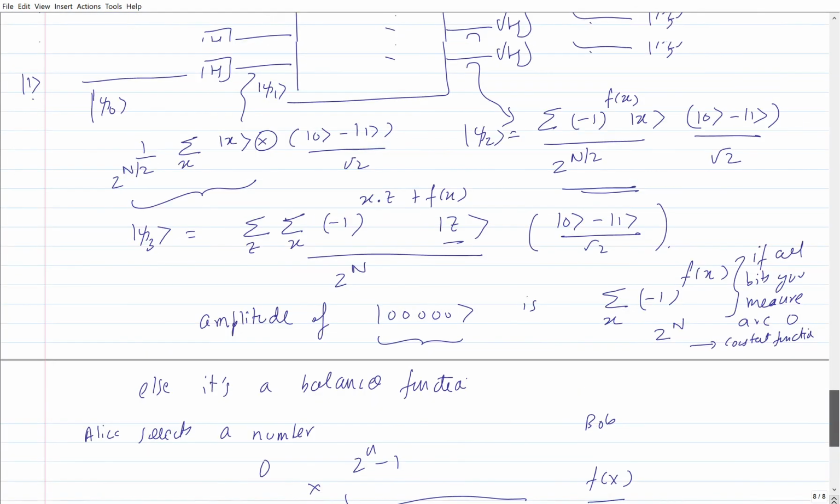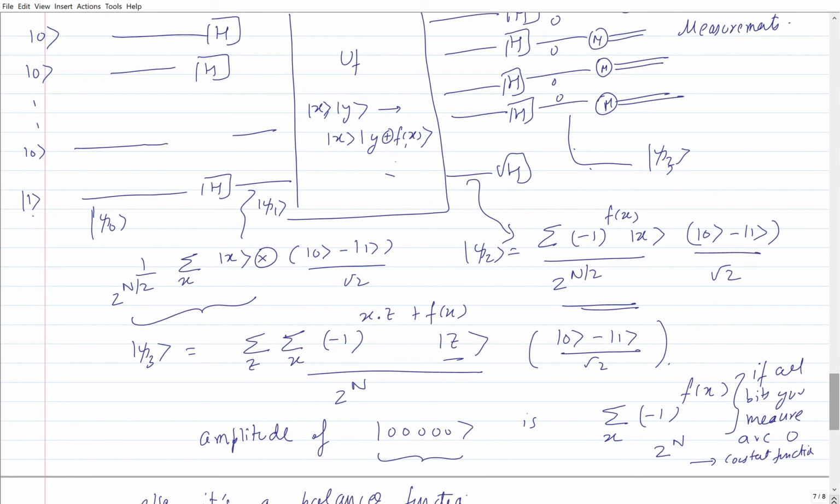So simply as a process, it was the implementation of this circuit, and then finding the probability that all these bits come out to be 0, 0, 0, 0, 0, and that would be only true when the function was a constant function. So that was the idea of the Deutsch algorithm,